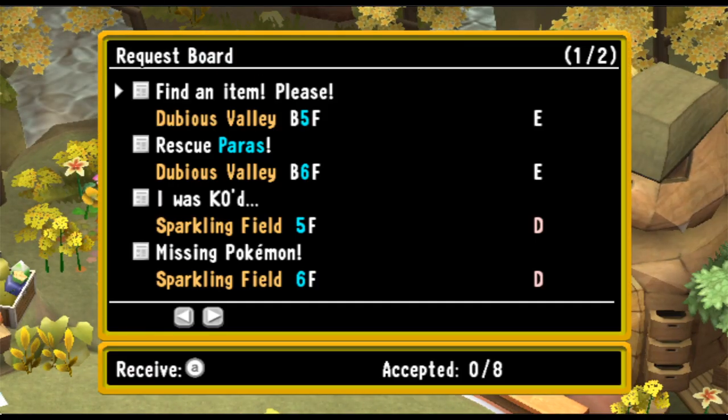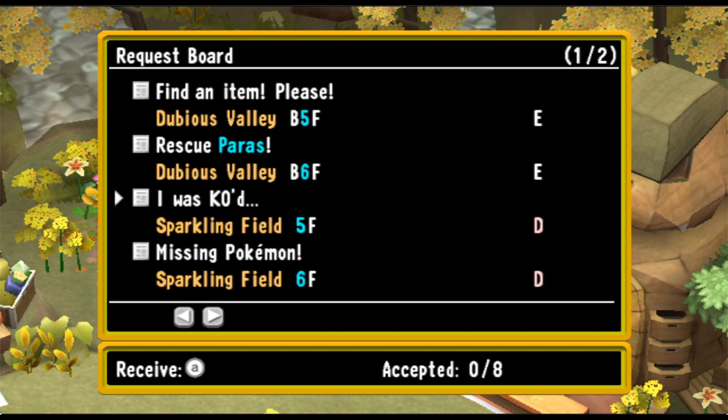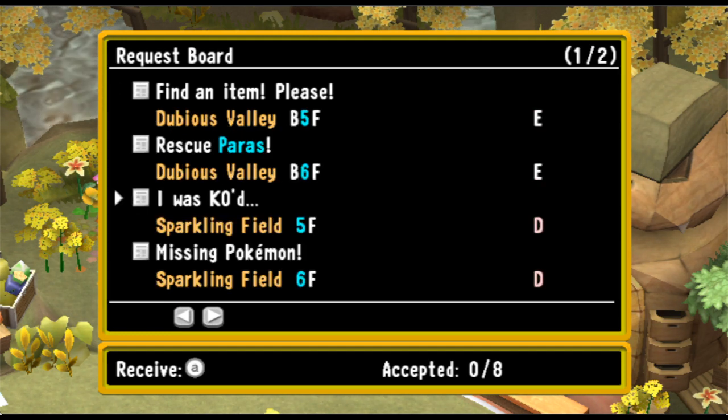So, what are we going to do? Let's not go to the Dubious Valley. Let's go somewhere new, shall we? Somebody was KO'd, somebody's missing. Missing could be anything. They might have just wandered off. So KO'd, I think, helping somebody who's directly in need, that might be nice. Yeah, and those other ones are similarly